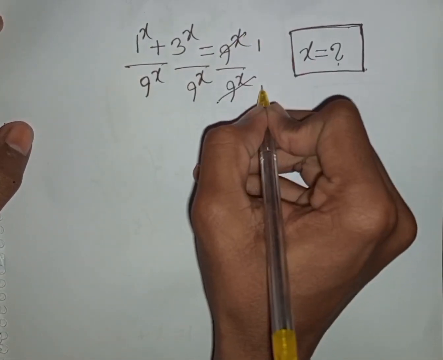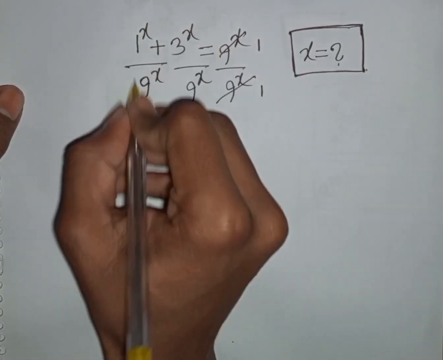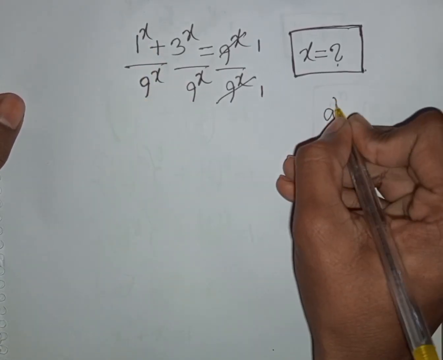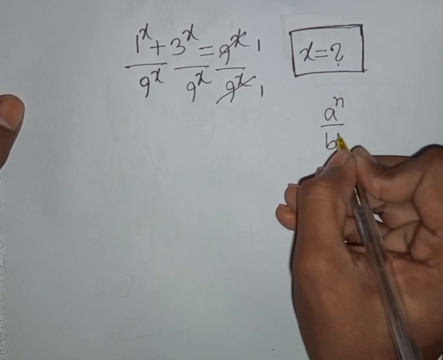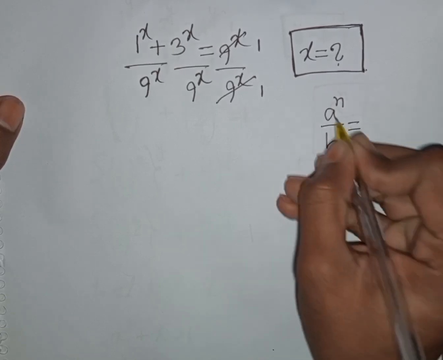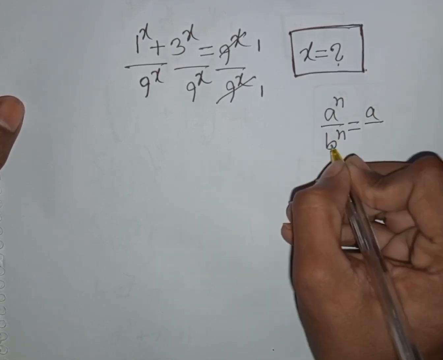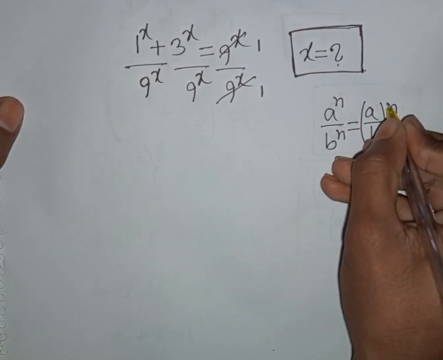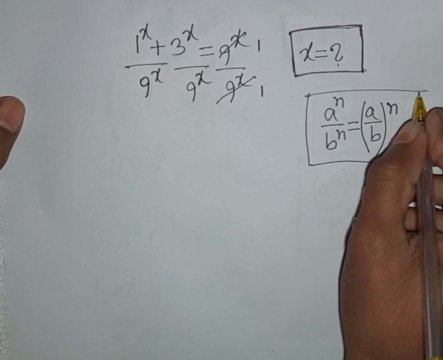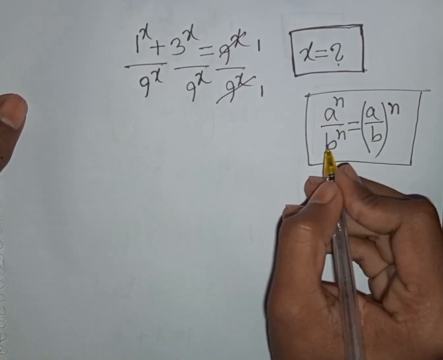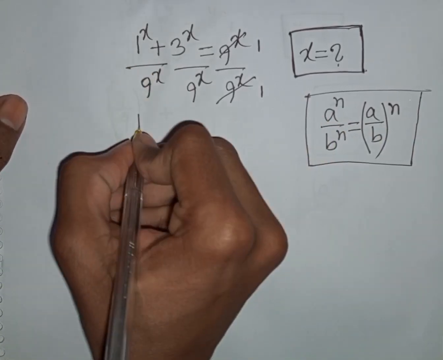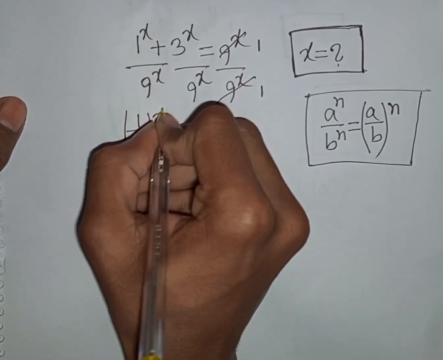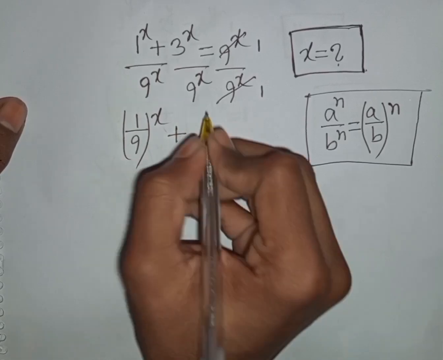Now from here we see x is the same power but different base. So according to this formula, a power n over b power n is equal to (a over b) in brackets, common power n. That means n is the same power but different base. So according to this formula we can write here (1 over 9) bracket common power x plus,